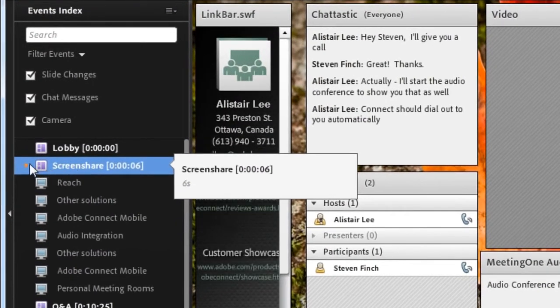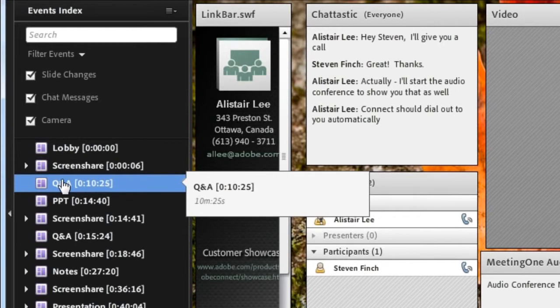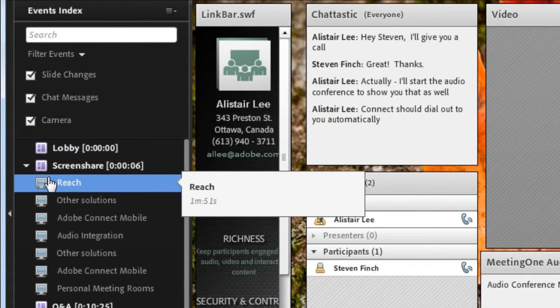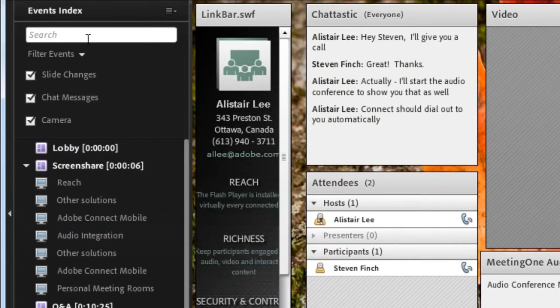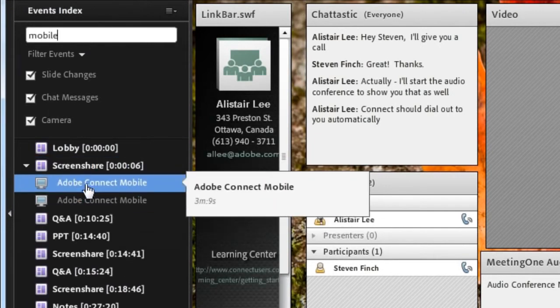So you can see here we've got the main index of screen share, Q&A, PowerPoint. These are the different layouts that I used in my original meeting. And then each of the different slides that I navigated to in the original meeting are also indexed. And this makes it very easy to search for something like mobile and find specifically the content related to that